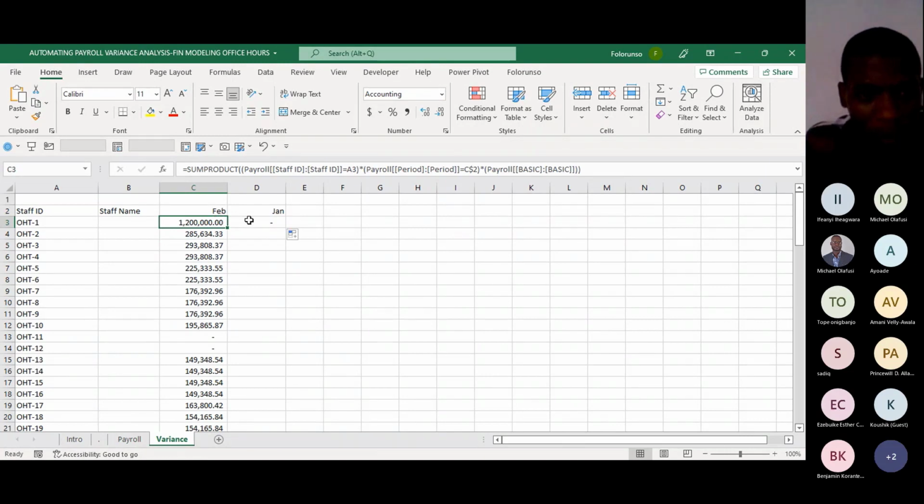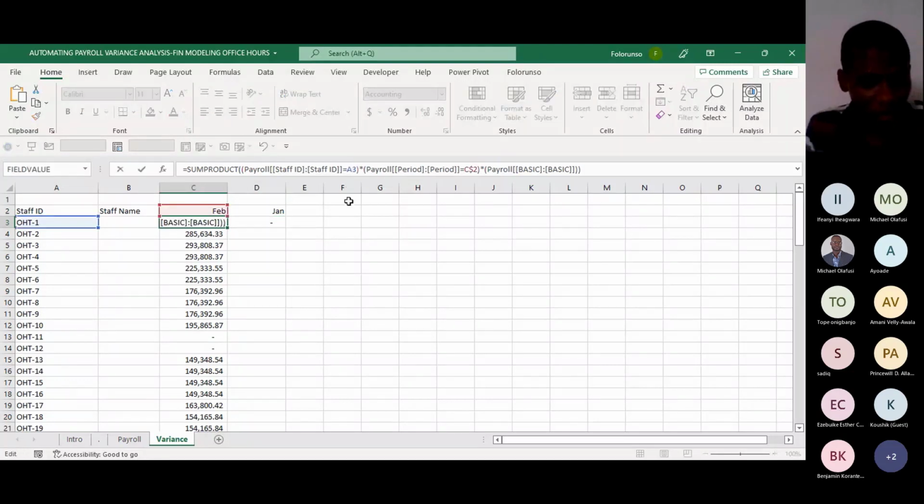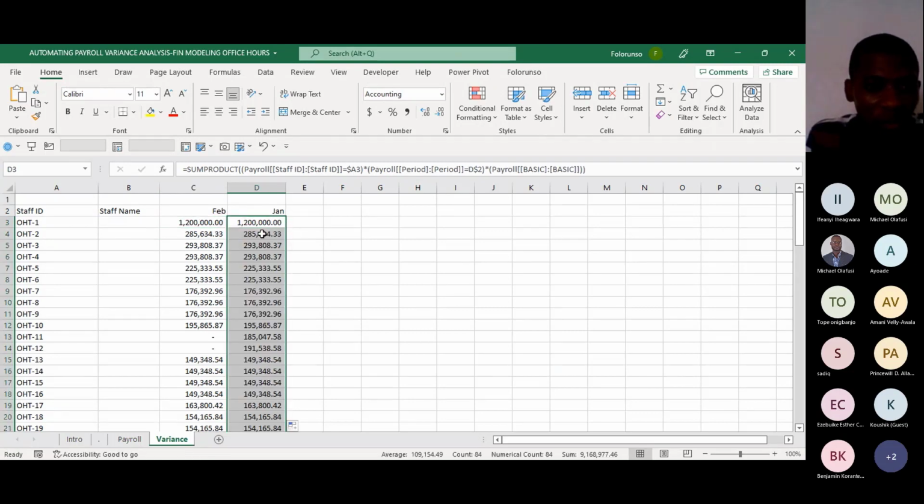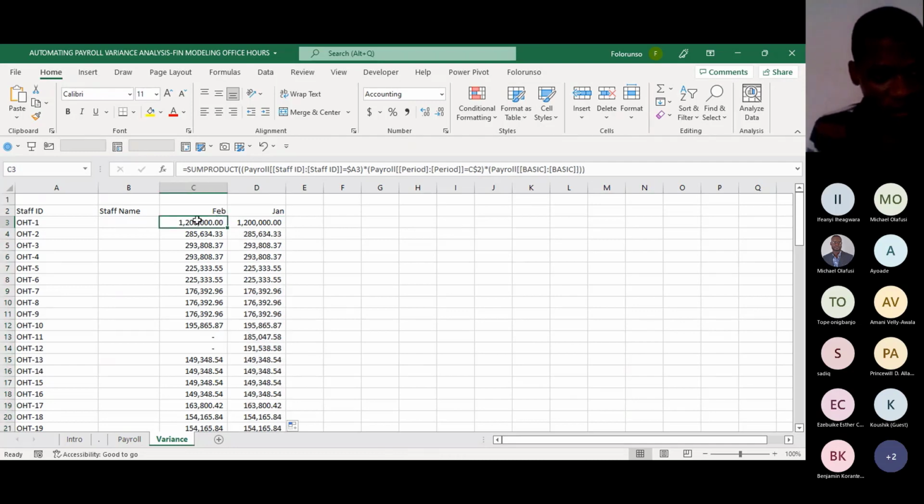So I think there is still one place we need to log. Okay, this A3, this staff ID, we also need to log that because you can see the A3 is moving to B3, which is not supposed to be. So we need to also apply cell referencing here. So let's log the A. So you log A, then you can drag to the other side. So you can fill it down. So this is for basic pay, January